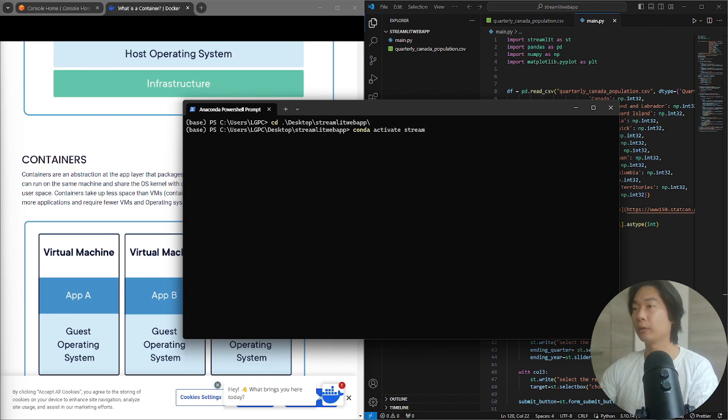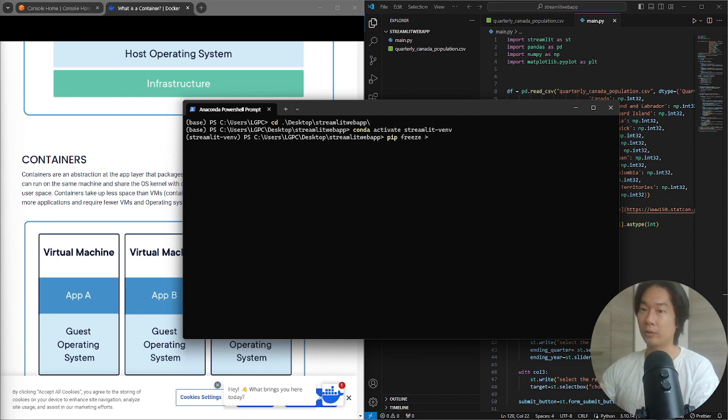Then enter. It is activated. Now you write this command to make the requirements file. pip freeze